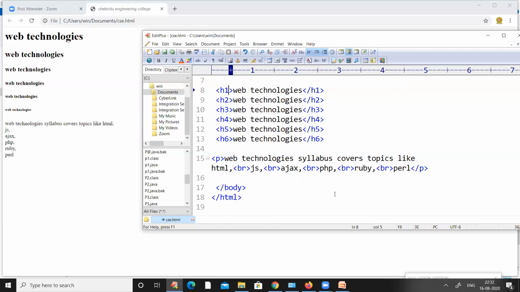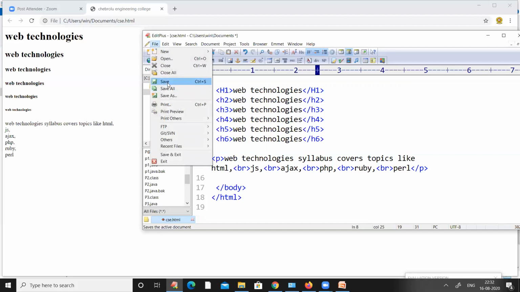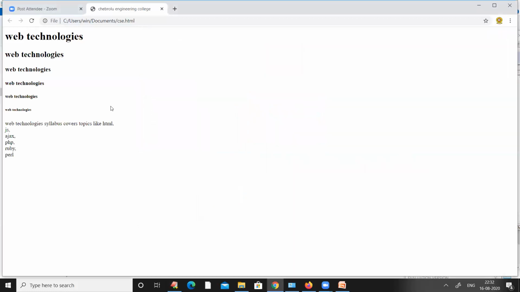Let us try. I have used this H1 heading in lowercase letters. Let us change this H1 to uppercase and see whether this program will work perfectly or not. Just save the program and then refresh the web page.